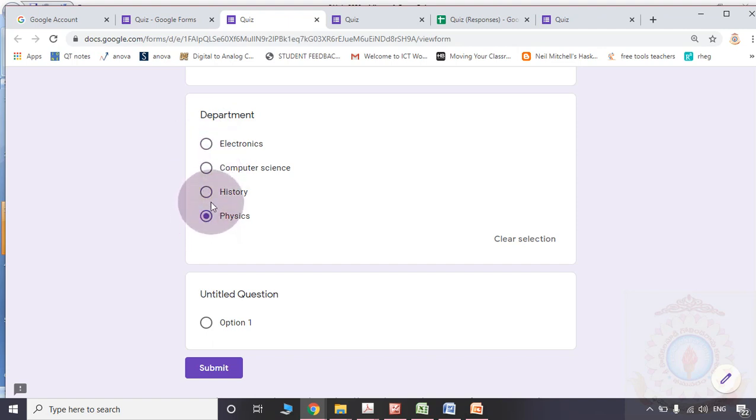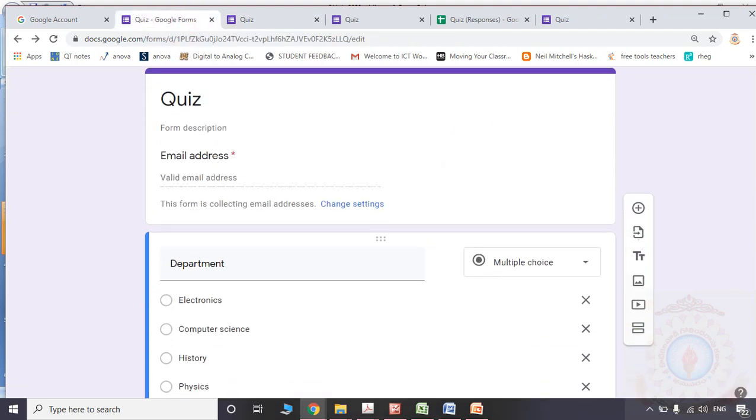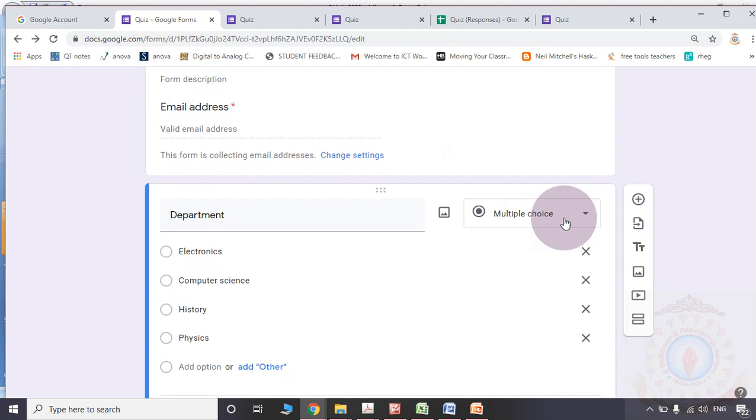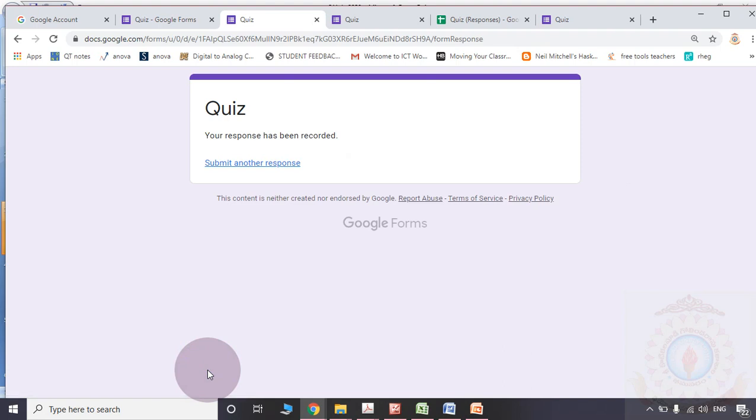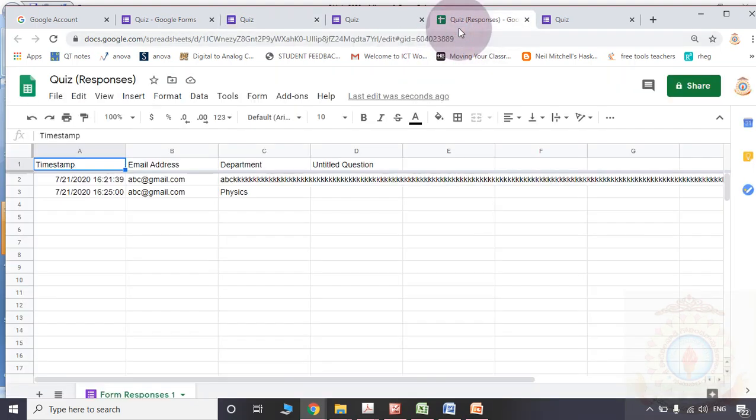If I am selecting physics, it means whenever you are selecting multiple choice as the way of giving the answer for this particular question, only one answer the participant may select out of all the possibilities. Then at last they may submit the form and you will observe the responses in the response sheet.